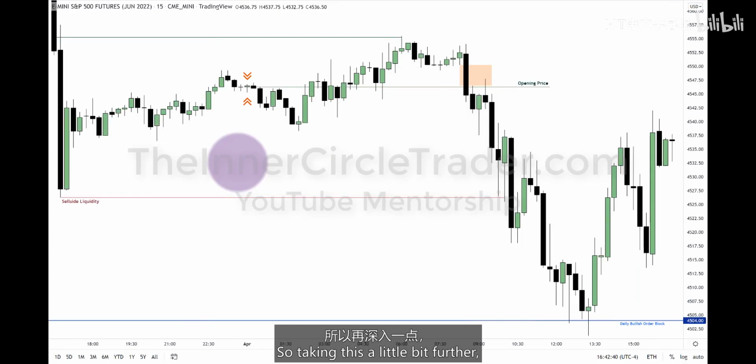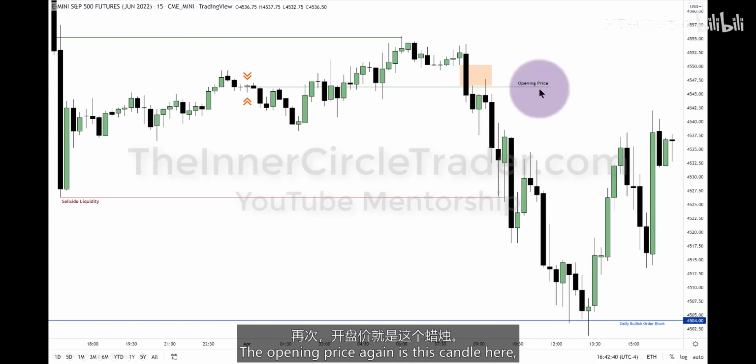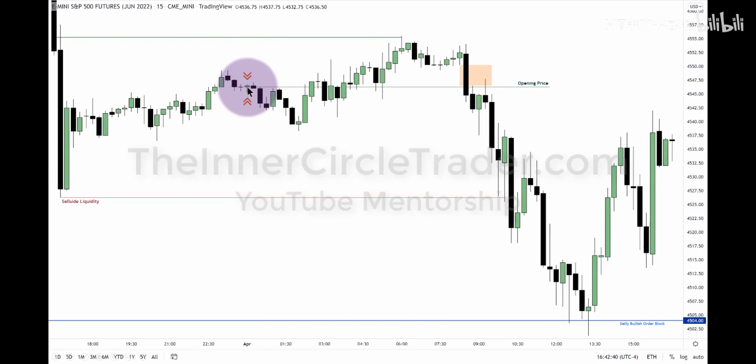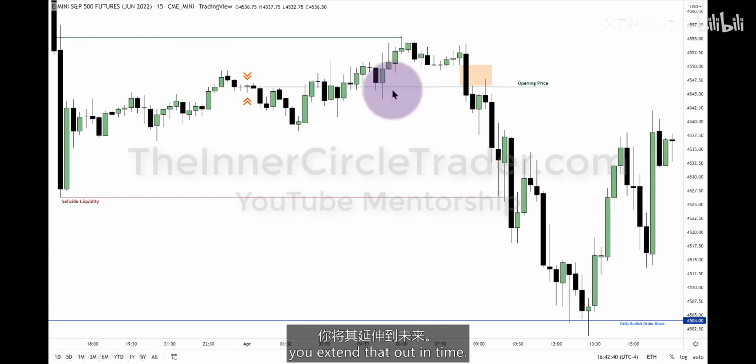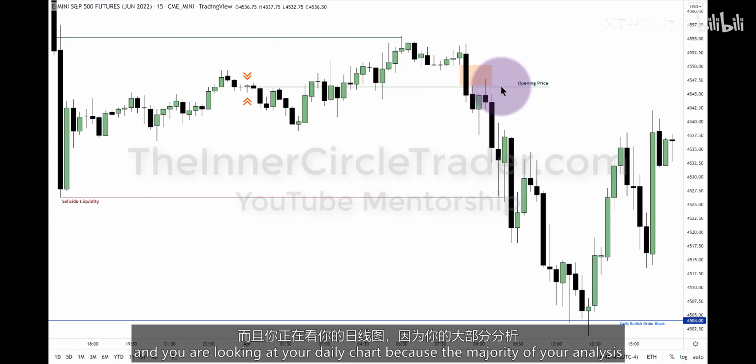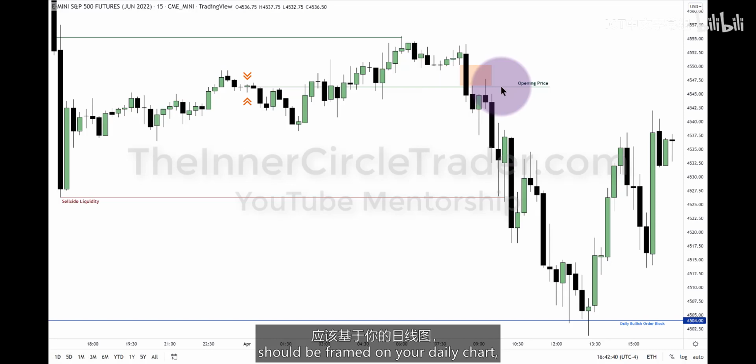All right, so taking this a little bit further, now we're into a 15-minute time frame. The opening price, again, is this candle here, which is midnight, New York time. The opening price, that candle, you extend that out in time. If you're bearish and you are looking at your daily chart, because the majority of your analysis should be framed